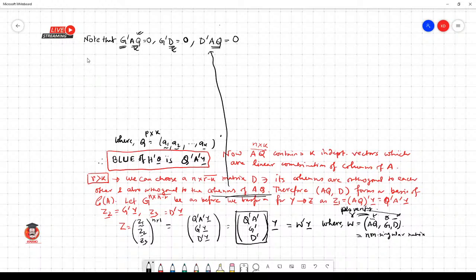Therefore, y minus A theta prime y minus A theta, which we write this portion as